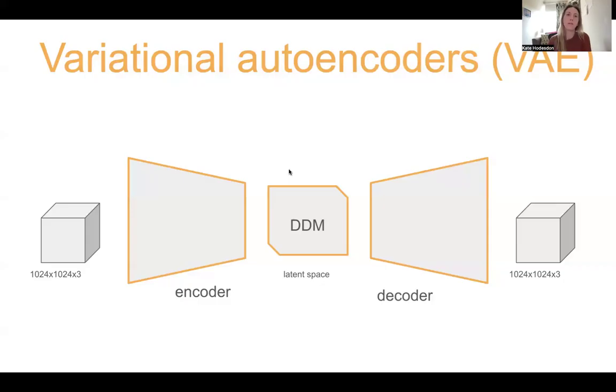So for the next section, I'll give an overview of variational autoencoders, and then we'll see how they fit into the overall latent diffusion model. If you're already familiar with autoencoders, which have this encoder-decoder architecture, then you'll know that these are also a kind of generative model. So it might seem a bit funny that latent diffusion models are like a generative model wrapped in a generative model. But in this context, the VAE is doing this job of projecting into and then pulling out of the computationally more manageable space.